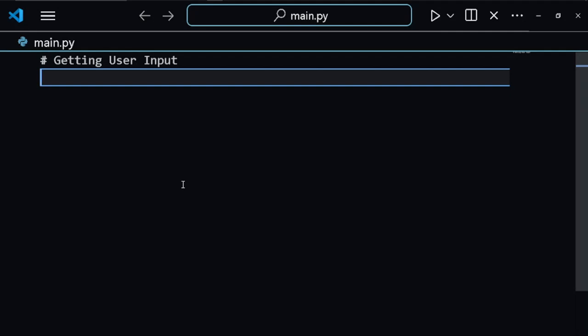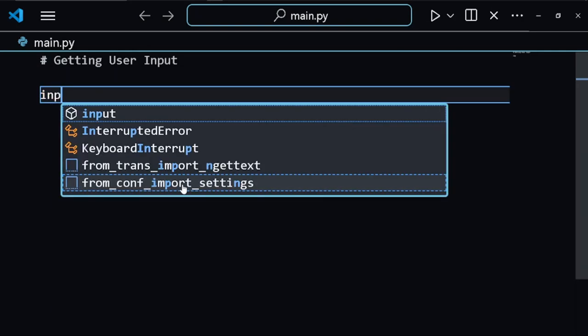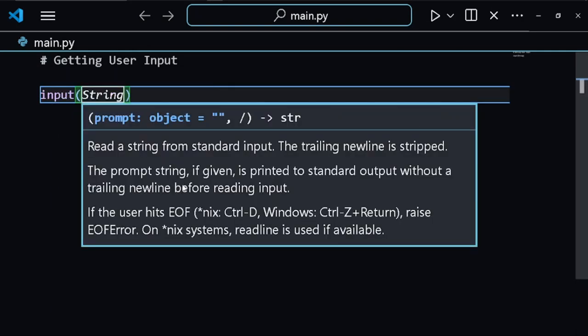So how do you get input from a user in Python? Let's say you want to get a username from the user and print hello to them, welcome to so company. How do you get this username? What you can do right here is use this keyword input